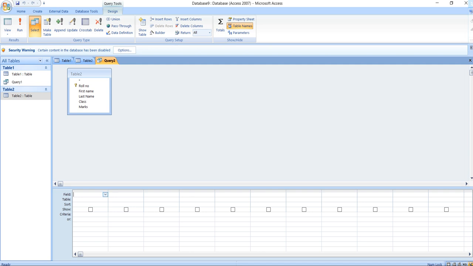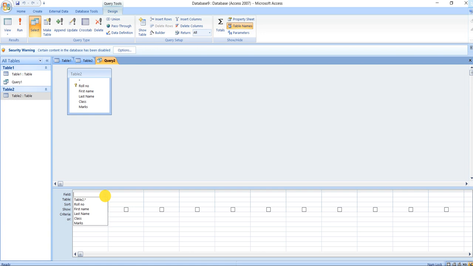Now table, which table is it present in? Sort, how we want to sort: ascending order, descending order, or we want to display in another way. So these are all things. Or property, what is this or? The or property is used to set multiple criteria. These are used to set multiple criteria for the same field. Now let us go for the same thing.